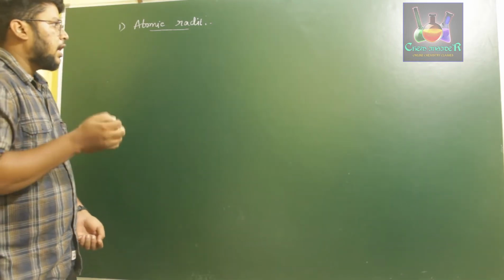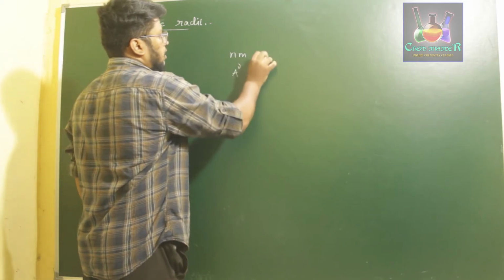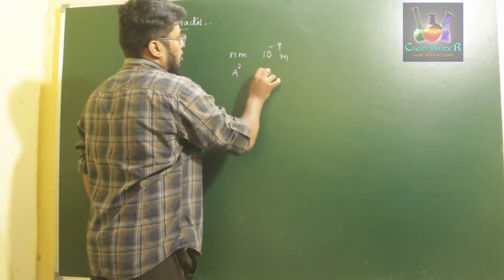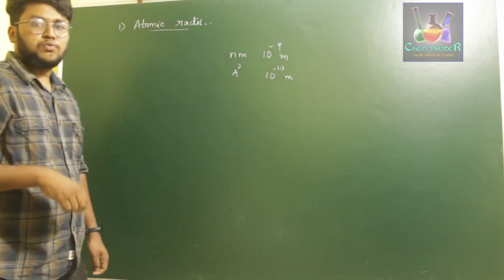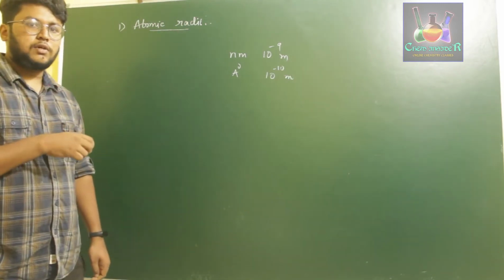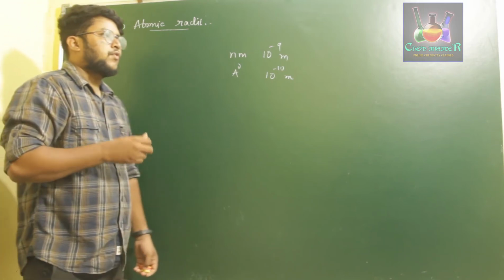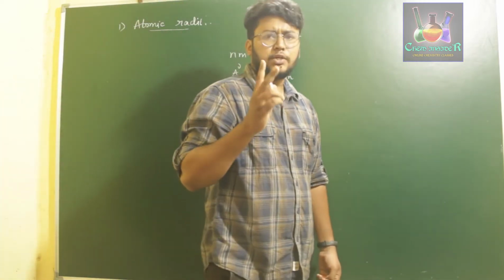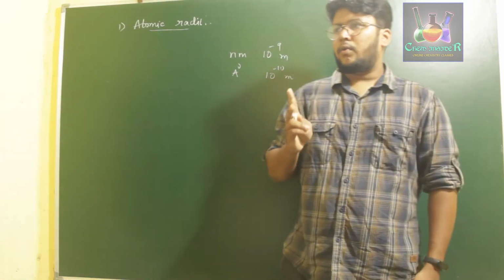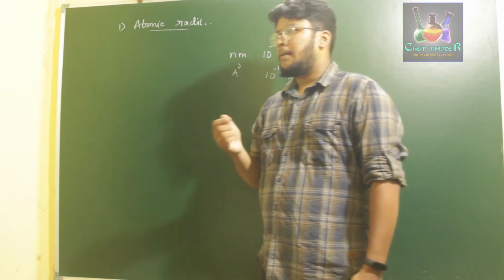That is because an atom itself is of the size of nanometers or angstroms, that is 10 power minus 9 meters or 10 power minus 10 meters. So now what we have to do is find its radius, which is almost half of it. Okay, so therefore if we have to consider the atomic radius of an atom, we consider 2 important types: one which is formed by a covalent bond and one which is formed by a metallic bond.